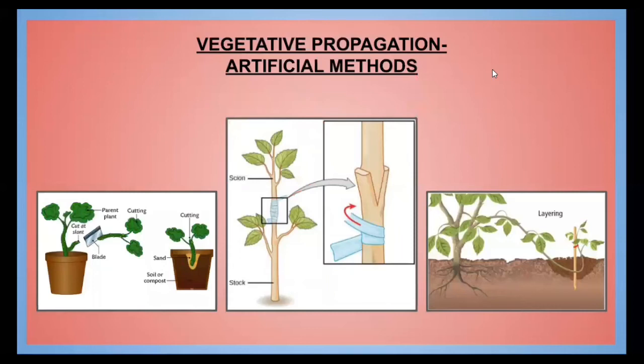There are some people who do grafting in mango. There is a person who has grown a mango plant in which there are different varieties of mango. On every stem, there is a different variety of mango. So some people do like that also. They do experiments in their garden only. Now here comes the layering process. In layering, the part of the stem is put in the soil and then it is propagated.